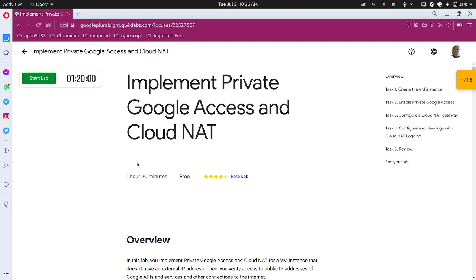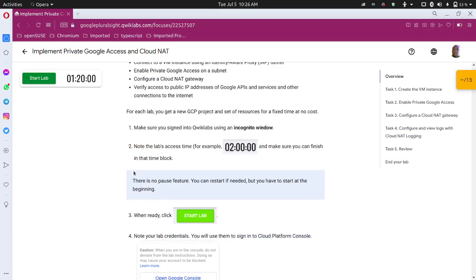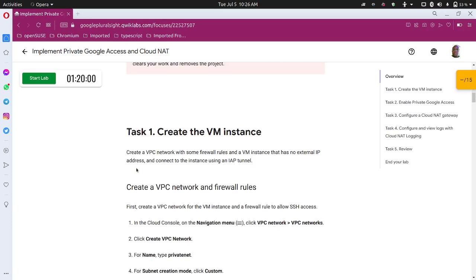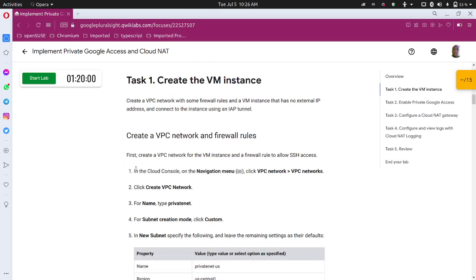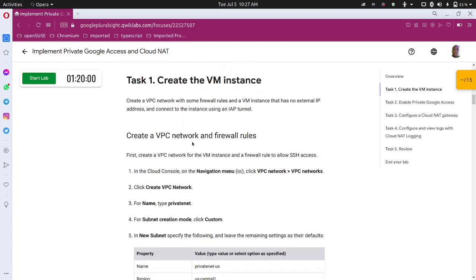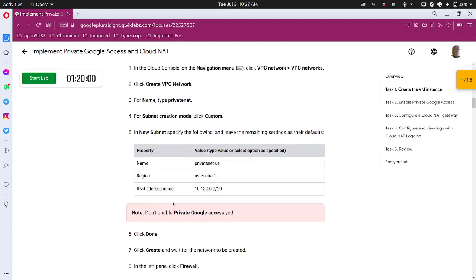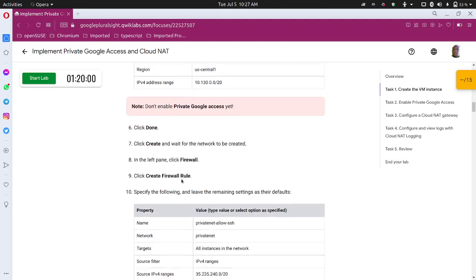But to help yourself, it's best you read through the instructions, the overview, the objectives of this lab, and then quickly look through the steps, so that you know what you're expected to do. Okay, so the first thing is create a VPC network. You create a VPC network on this subnet with a mask of 20, region is this, and of course the name is this. We create that, and then we create